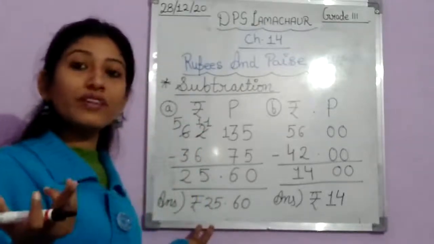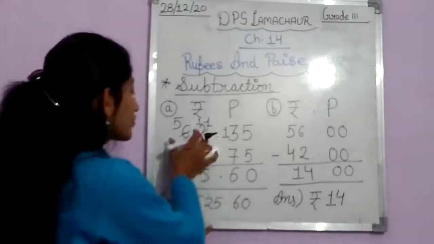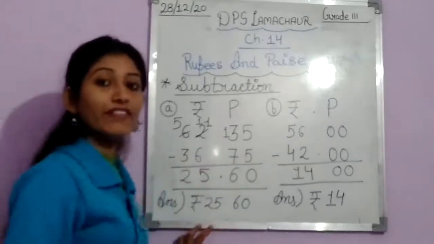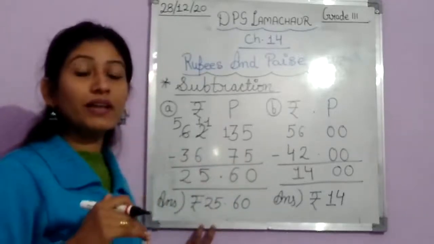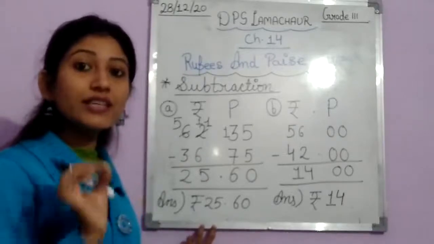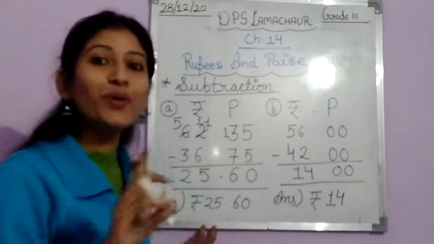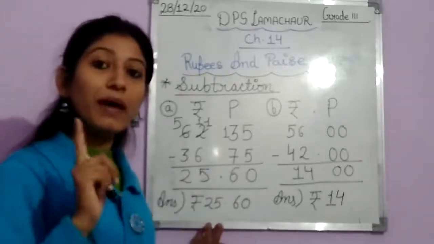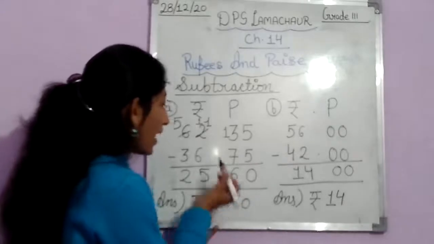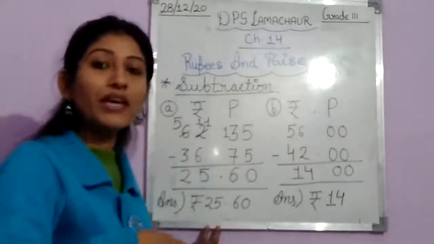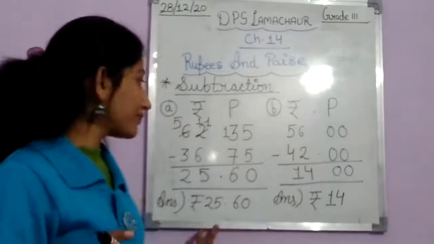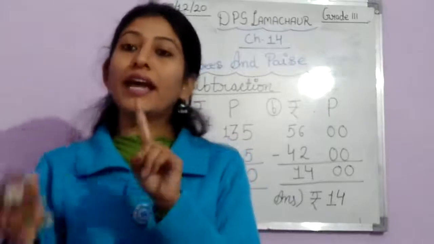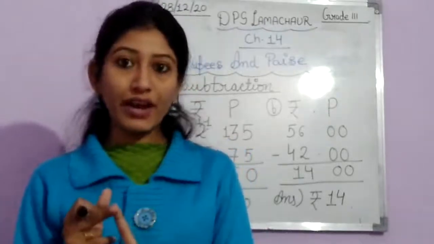क्योंकि ये 2560 कहाँ से आ गया? हमने तो सिर्फ 62 रुपये और 35 पैसा लिया था, राइट? और जिसमें से हमें 36 रुपये और 75 पैसा डिडक्ट कर देना था, कम कर देना था. तो थिंक अबाउट दिस कि क्या आंसर 2560 हो सकता है? नो. बट आया तो 2560 ही है. So that's why we have to remember that we have to put this mark which is differentiating between the rupee and paise, right? So students, now in this class we have also learned about addition as well as subtraction, right?